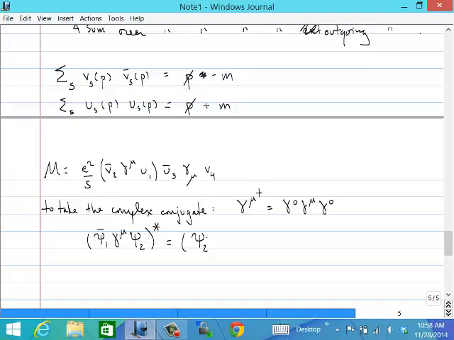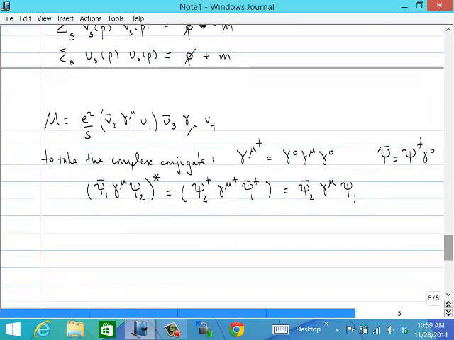So you get a psi 2 dagger, gamma mu dagger, psi 1 bar dagger. And remember that bar is just taking the dagger times a gamma 0. Okay. So psi bar is psi dagger times gamma 0. So all of the gamma zeros work out